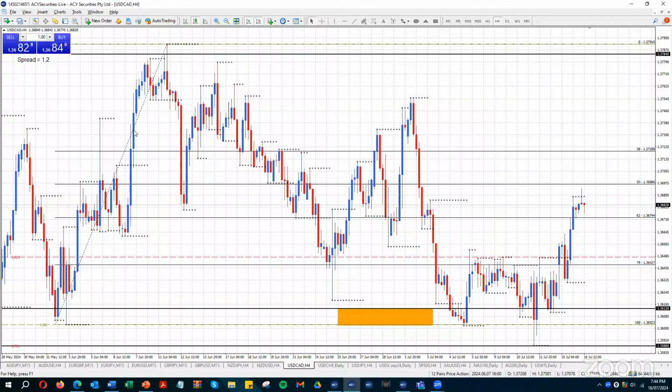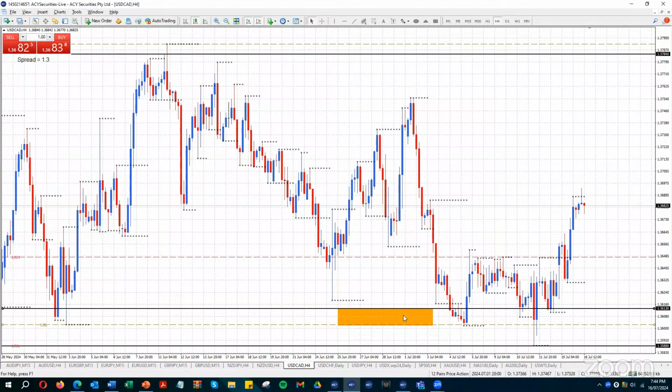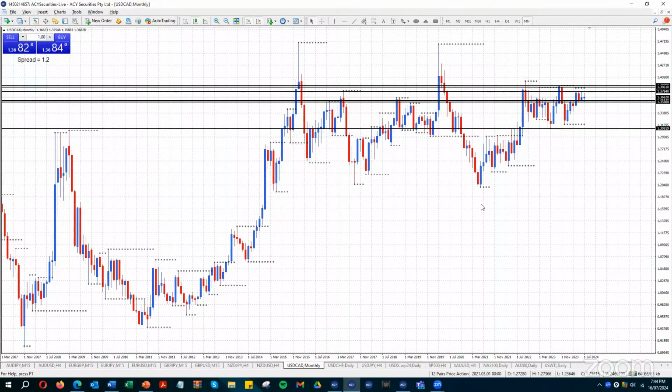Just want to go to the monthly chart. We have a higher bottom here, and we do have a potential lower top here, but with the interest rates in Canada getting cut, the interest rate differential favors the dollar CAD to rise. So this kind of inverse head and shoulders pattern here, I'm thinking that now that we're holding above this area here, which is seen on the weekly here,